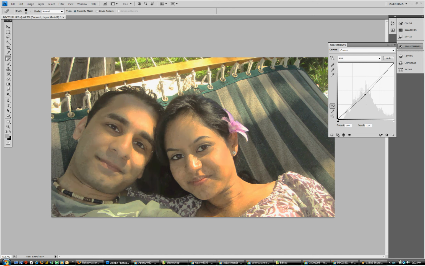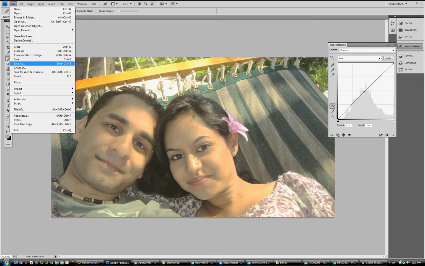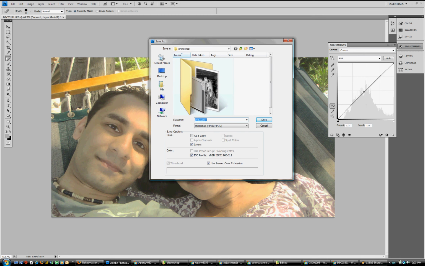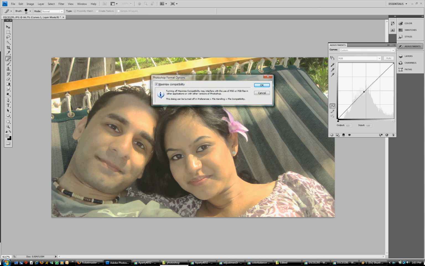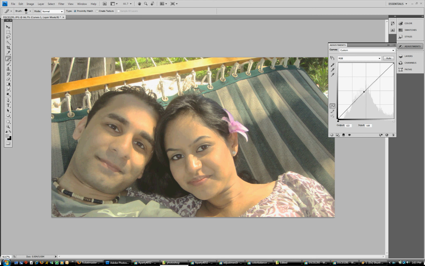Once you are happy with it, you can save your contrast and your vintage effect. Okay. And I think I like the way this looks, and if you'd like to save it, just save as, and under this I'm going to call it vintage effect. And that's good to go. And that's how you create